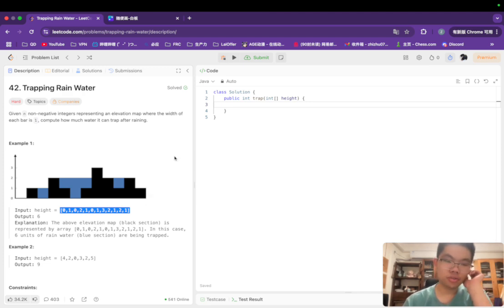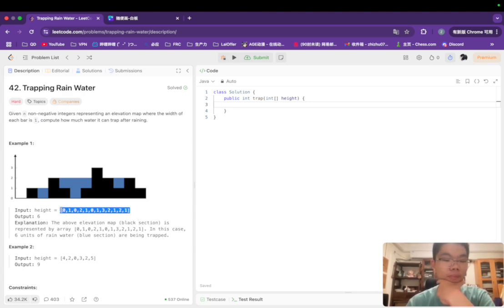And it asks you, when it's raining, how many units of water can this obstacle, or just this thing, trap. So here let's count it. 1 plus 1 plus 2 plus 1 plus 1, so the answer is going to be 6